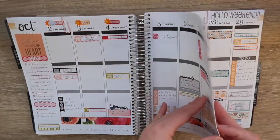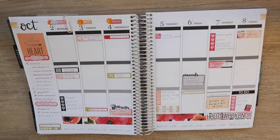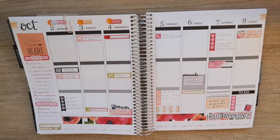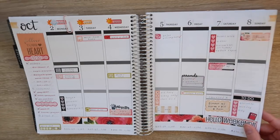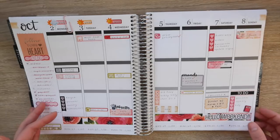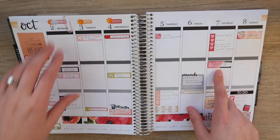And then I think this is the point where I use Planner Kate kits exclusively. So you'll see going forward, I might throw in 1 or 2 Erin Condren sticker sheets, but for the most part, I'm using kits. And so you'll see it just looks better, and you'll see that I use my planner a lot more. So this week was when Macy actually